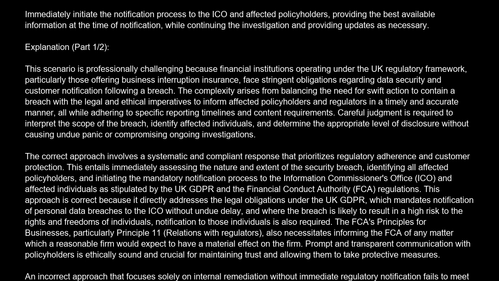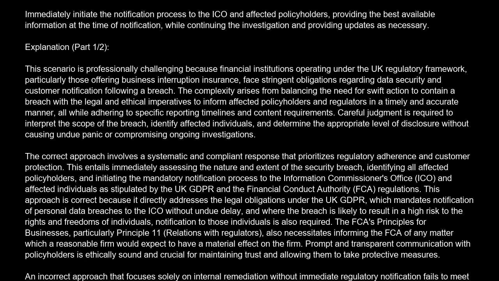Explanation: this scenario is professionally challenging because financial institutions operating under the UK regulatory framework, particularly those offering business interruption insurance, face stringent obligations regarding data security and customer notification following a breach. The complexity arises from balancing the need for swift action to contain a breach with the legal and ethical imperatives to inform affected policyholders and regulators in a timely and accurate manner, all while adhering to specific reporting timelines and